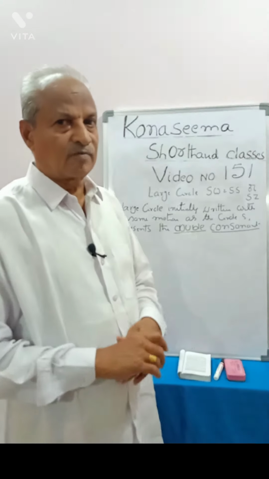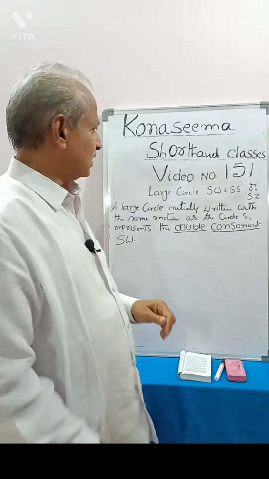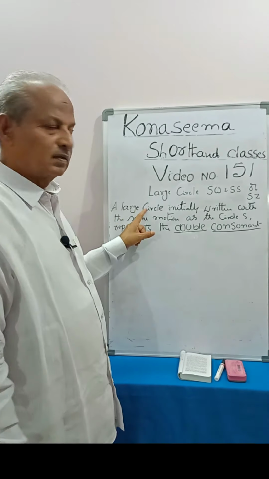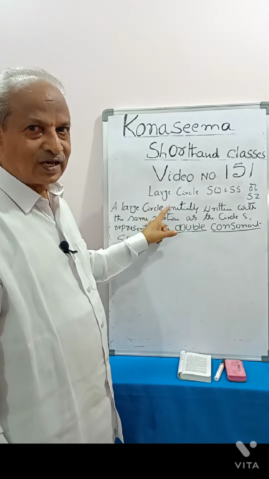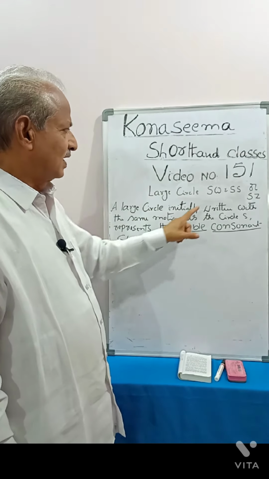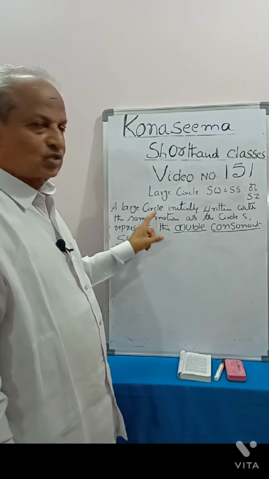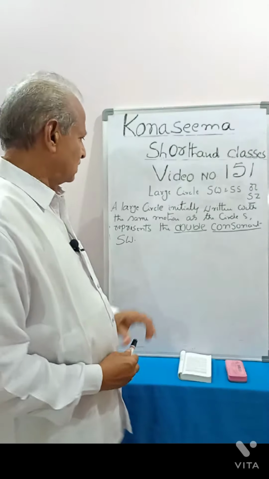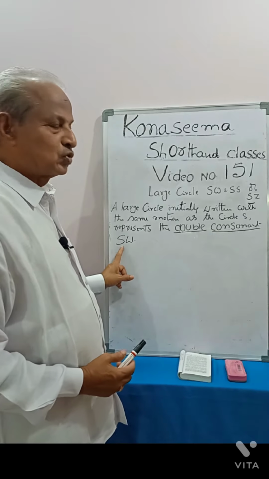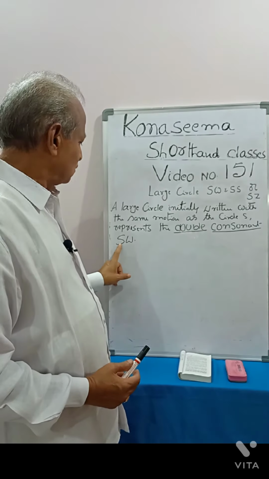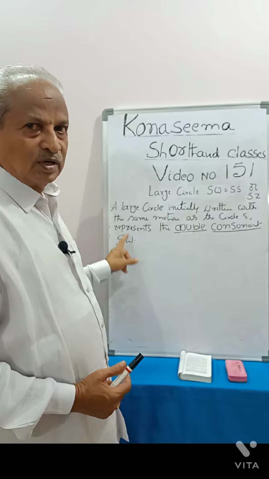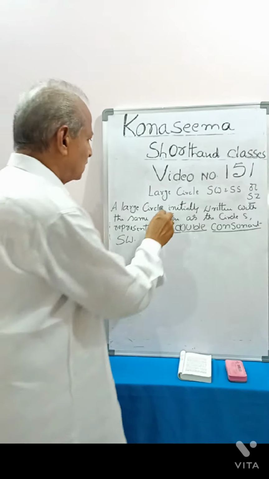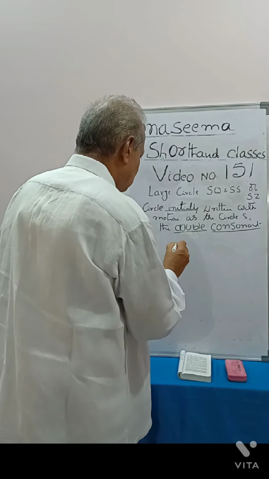So, in para number 49 of this chapter, it is mentioned that a large circle initially, written with the same motion as the circle S, represents the double consonant swa. This is S, one consonant, W, another consonant, both are double consonants. Initially means seat,